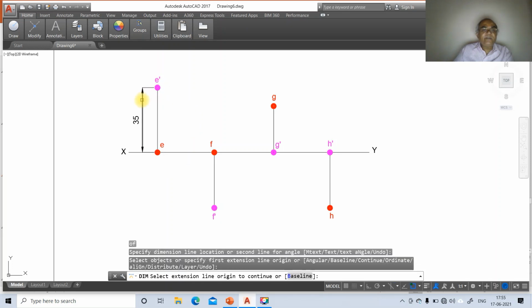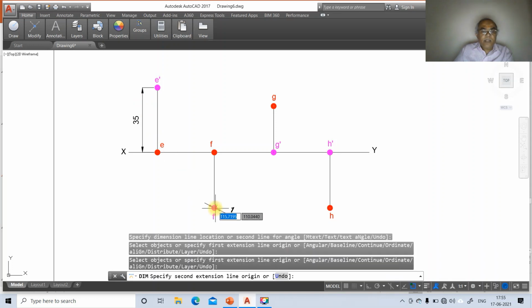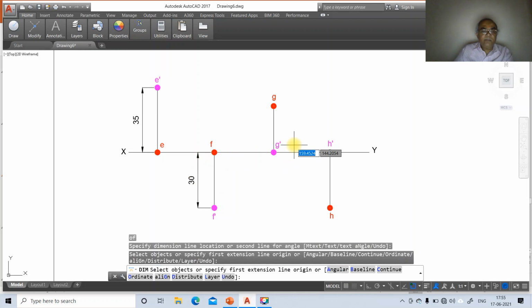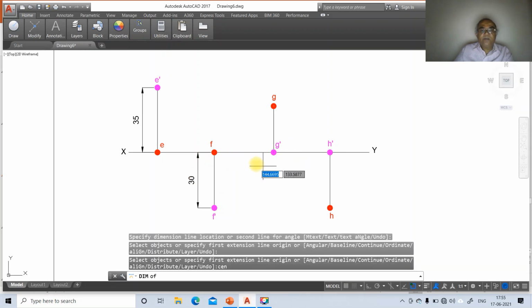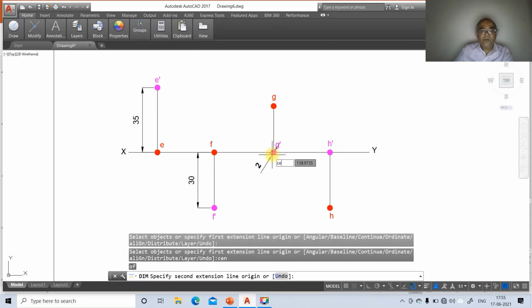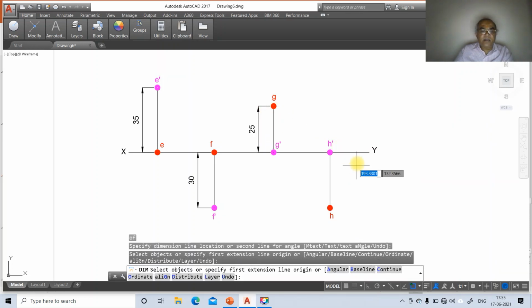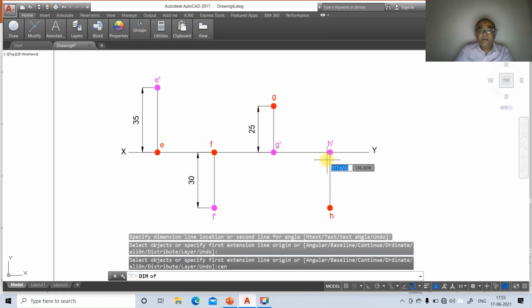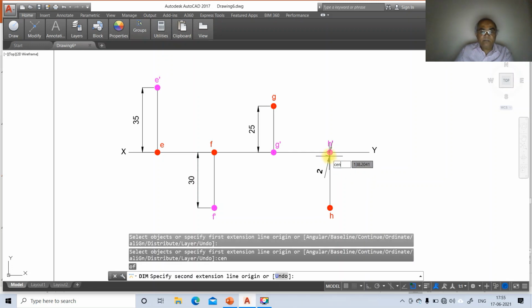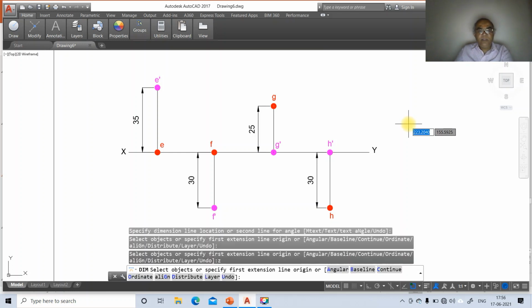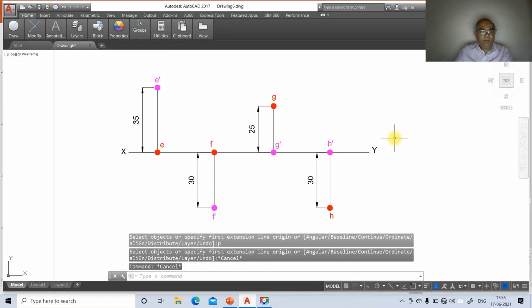So obviously you'll get 35, and go to center of this and take center of this. So you'll get 30, and now you take center of this. Since you have the donut, I'm using center because the center of a donut is like a circle. So go to center, take center of this. So you'll get 30. So this is how you will be able to solve the problem.